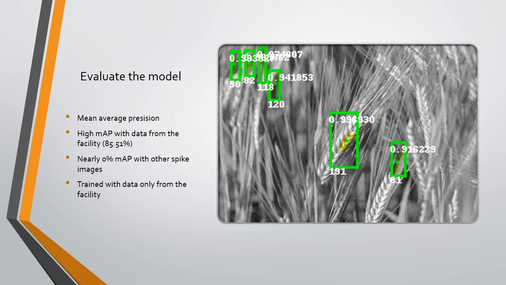We evaluated the model with the method of mean average precision, which basically evaluates the area of overlap between the manually labeled ones and the bounding box generated through the model. And we can get a pretty high, actually very high mean average precision if we are using the data from the facility to do the recognition. It could be as high as 85.151%,